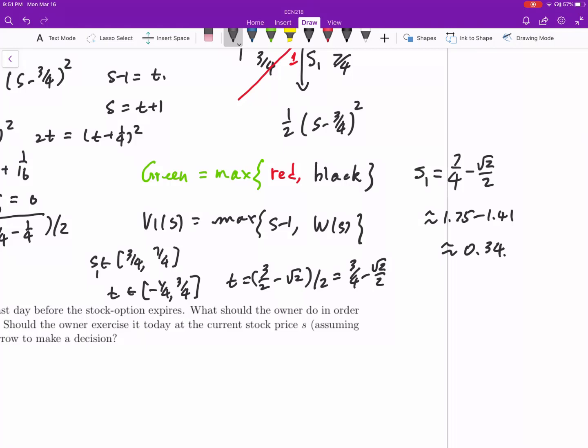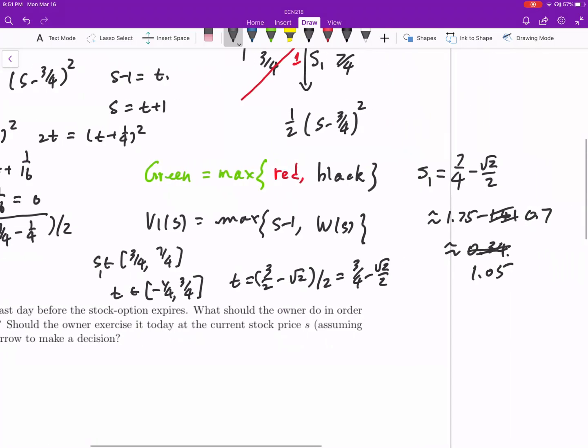No, that's wrong. Let me do it again. This is 0.7, okay, and that's going to be approximately 1.05. Okay, so that's what we have. Otherwise, it's not going to be right. So